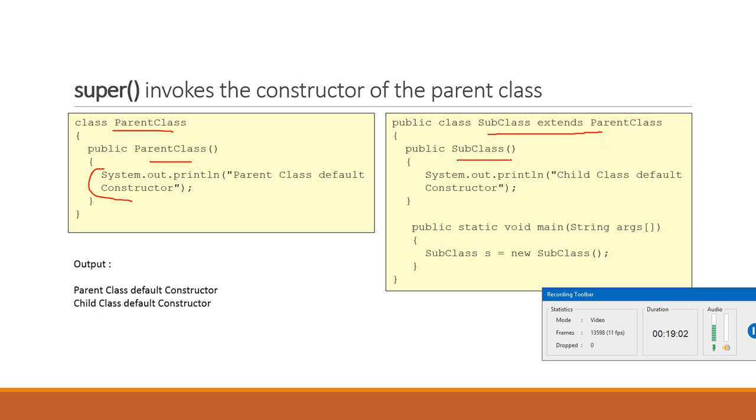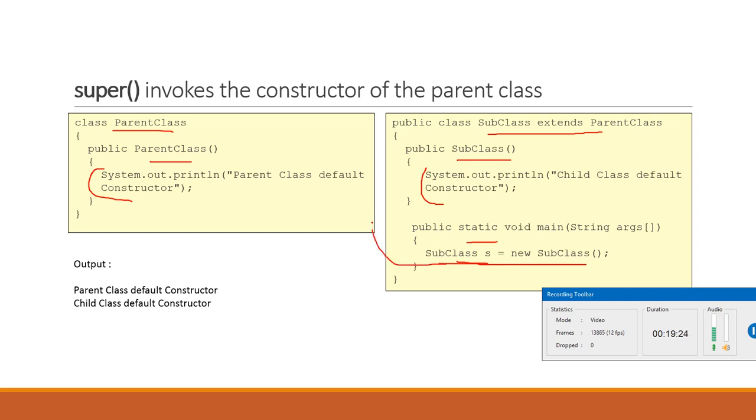This is a child class parameterless constructor, and we are just printing something over here. Now this is the main method, and we have made the object of the child class. Because we don't have any method, we didn't call any method. So how will this program execute when this statement is encountered?